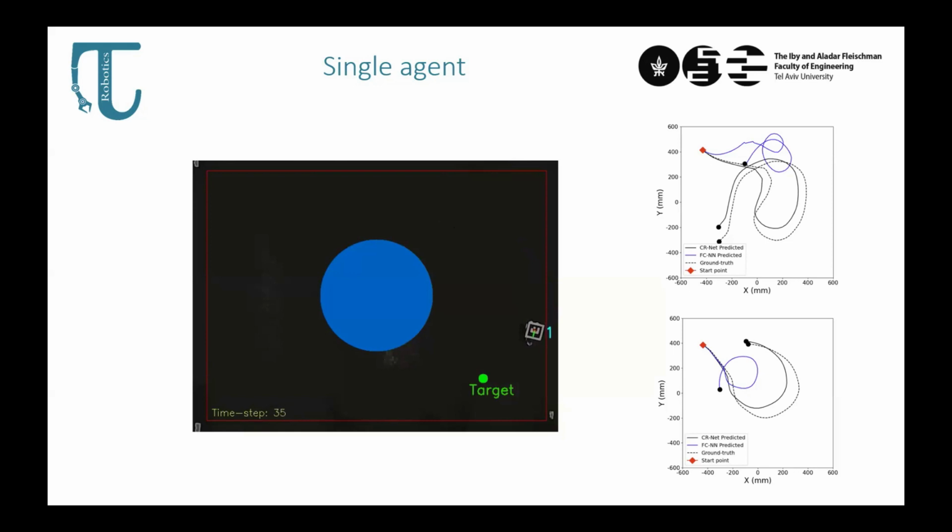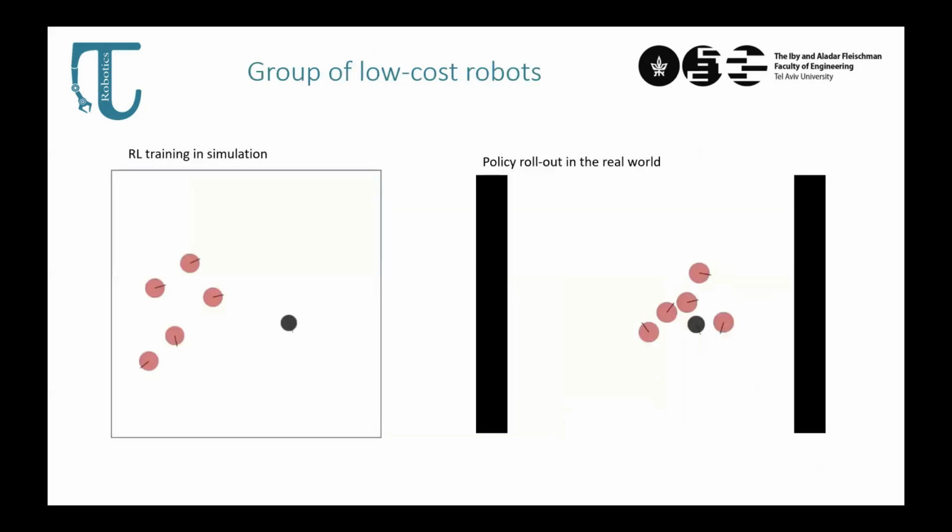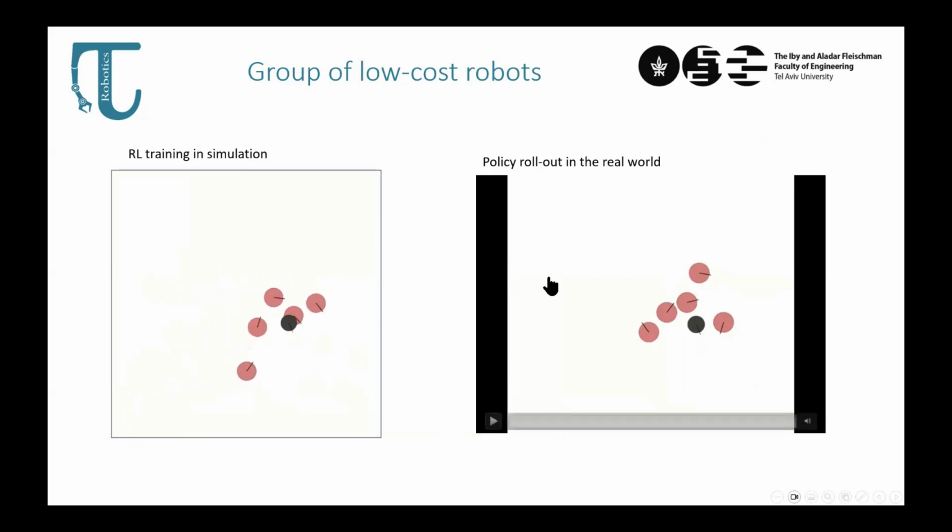And this is an example with one agent. Here it's the simulation. After we collected a lot of data, we trained the model. We basically ran a lot of simulated episodes. Each agent here is running the same forward model we trained with the synthetic data. And after we do that, we deploy it on the real system.